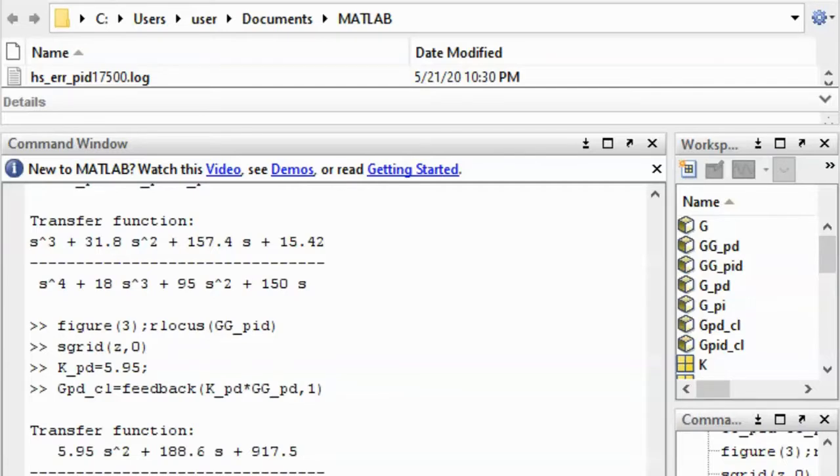Next, we analyze the step response of the PD compensated and also PID compensated system. Okay, so how to do that? We just write the KPD, meaning the gain for PD that we get from the root locus actually. Okay, so from this one, we can get the closed loop transfer function, which means we